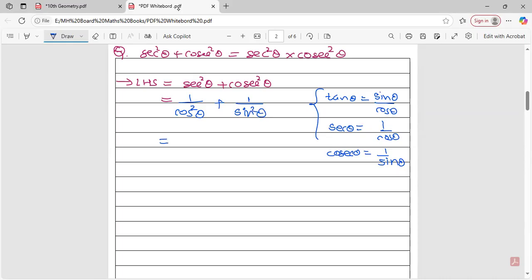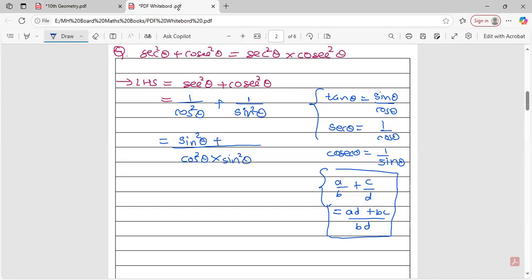Now do cross multiplication, use that stuff. A upon B plus C upon D is equal to (AD plus BC) upon BD. Use that part. So the denominator will be cos square theta into sin square theta. Very good. And the numerator will be sin square theta